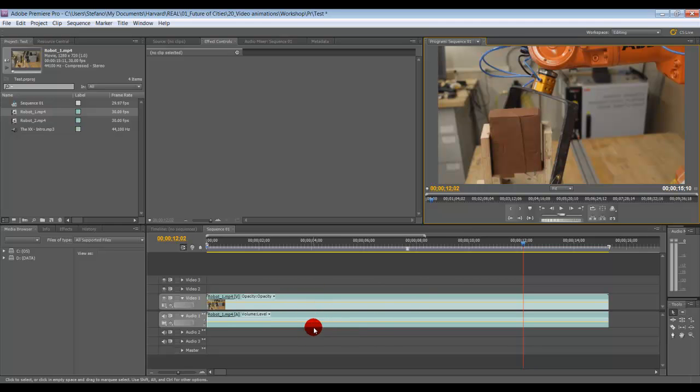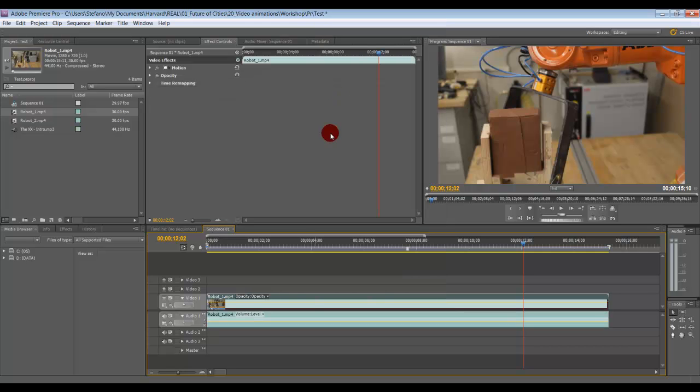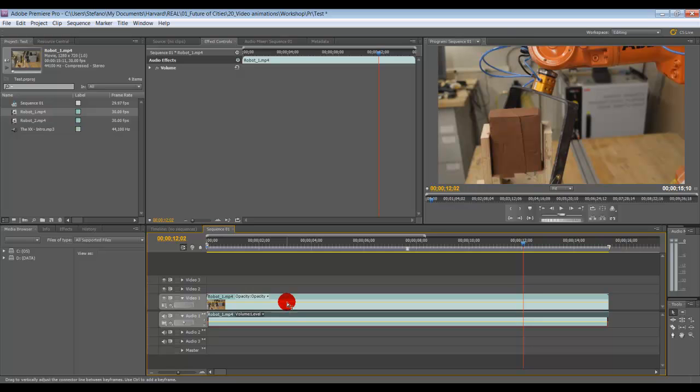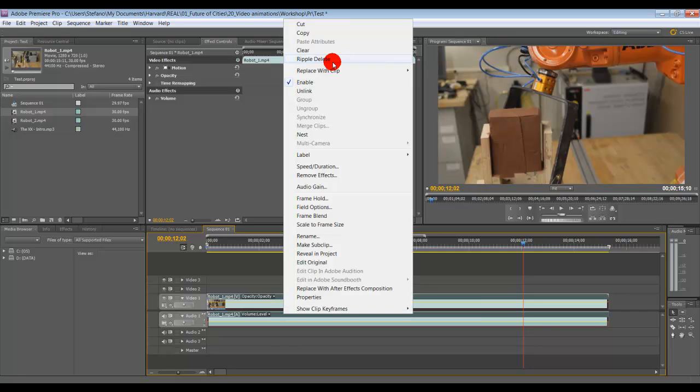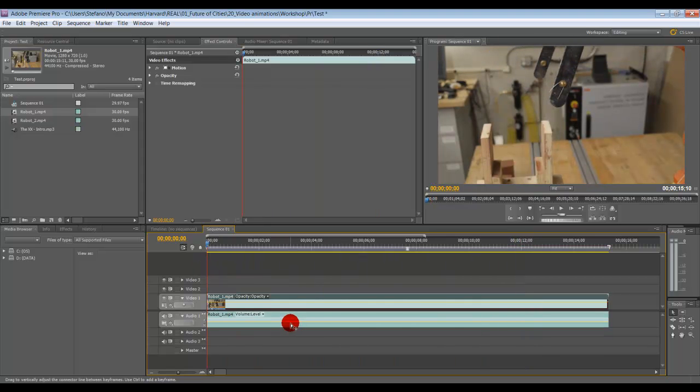related to the clip we have imported, we can right click on this audio or video layer, and then simply unlink the two. So we click unlink. So now we have two different layers. If we go back now, if we click either of the two, we always click both. So right click and unlink. So now we have separated the two parts. So let's leave it for now, the audio,